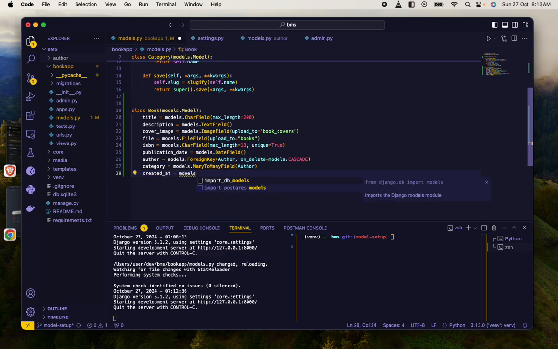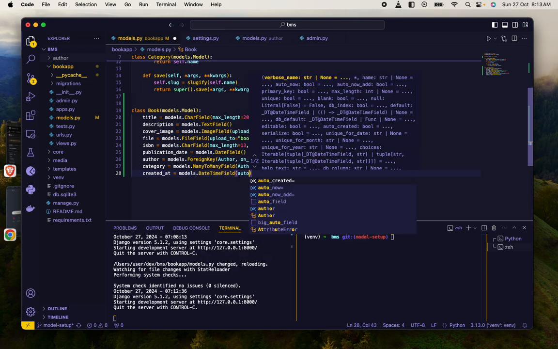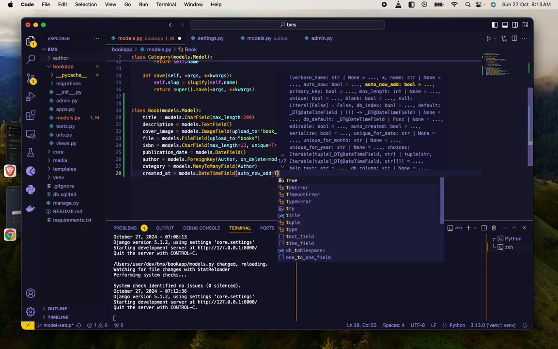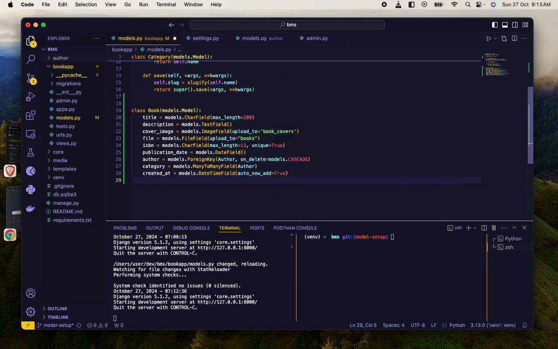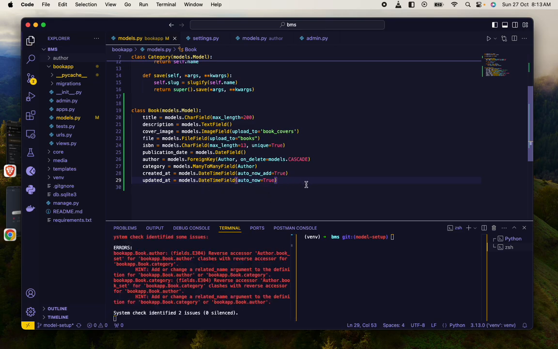Now the next thing is to have a created_at field, which is a models.DateTimeField. And what we try to do with auto_now_add equals True is to make sure it automatically saves the date it was created. And we can replicate this, but change this to be updated_at, and instead of auto_now_add, use auto_now equals True. The difference between the first one and the second one is whenever a user